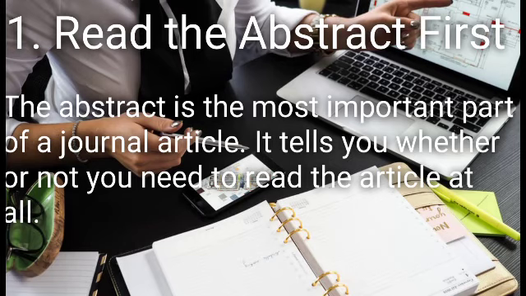So I have 7 ways if you want to understand about an article journal. The first is read the abstract first. The abstract is usually on the first page of the piece, always before the introduction. You are likely to find it underneath the title. You should be able to tell by the end of the abstract what the journal article is all about and whether it will be of value to you.